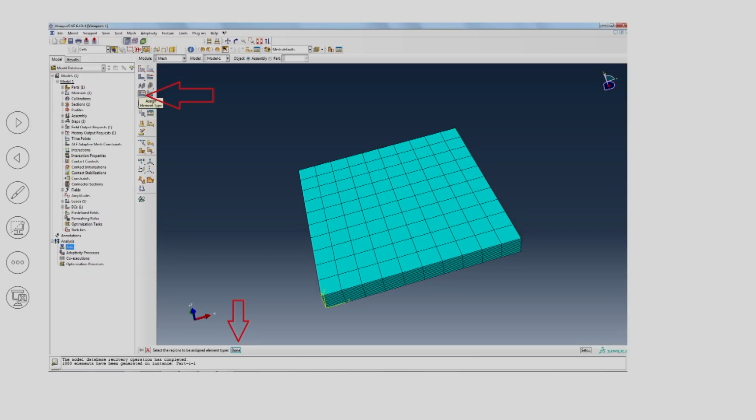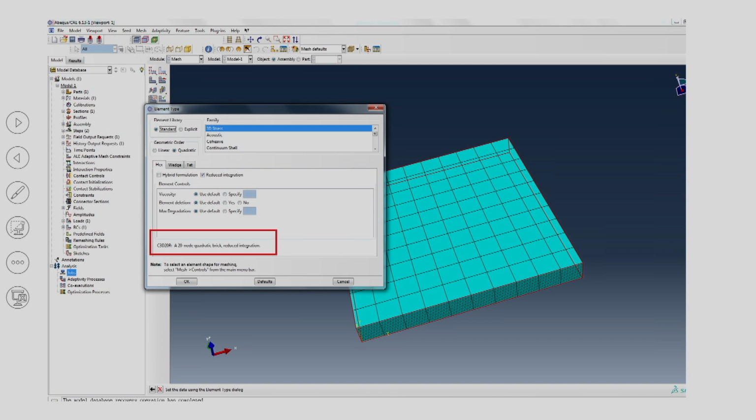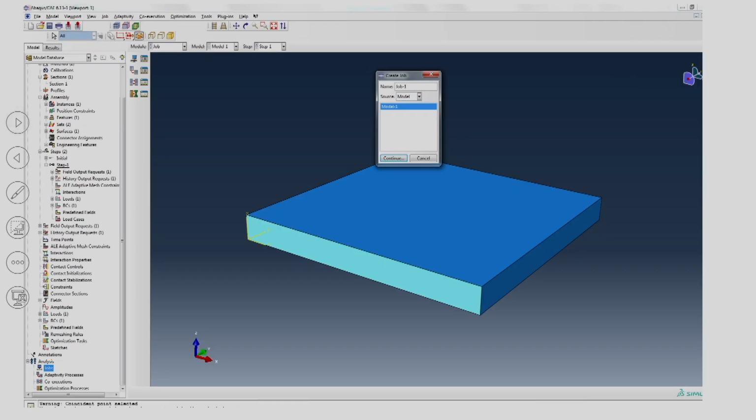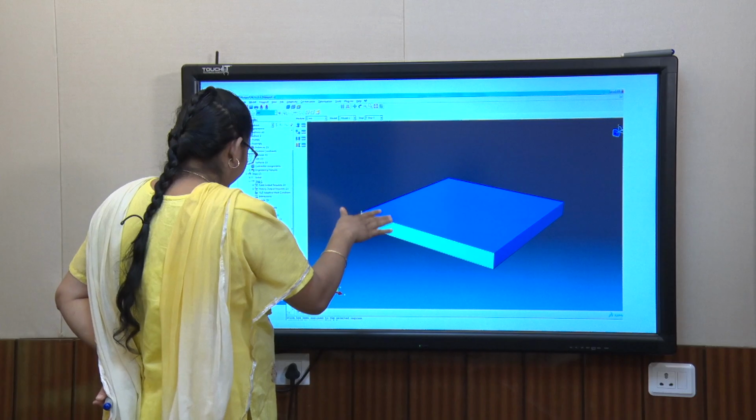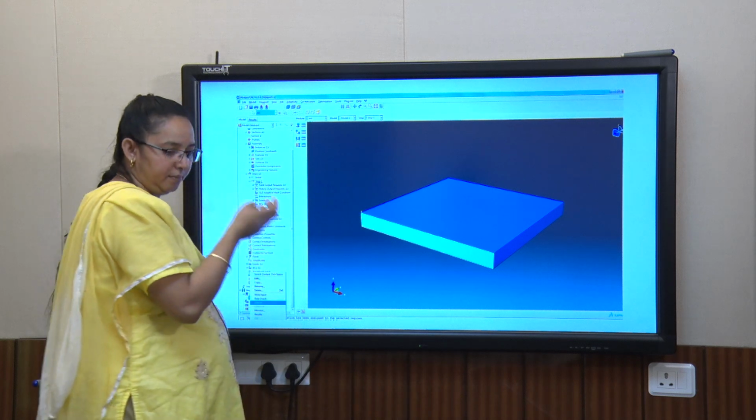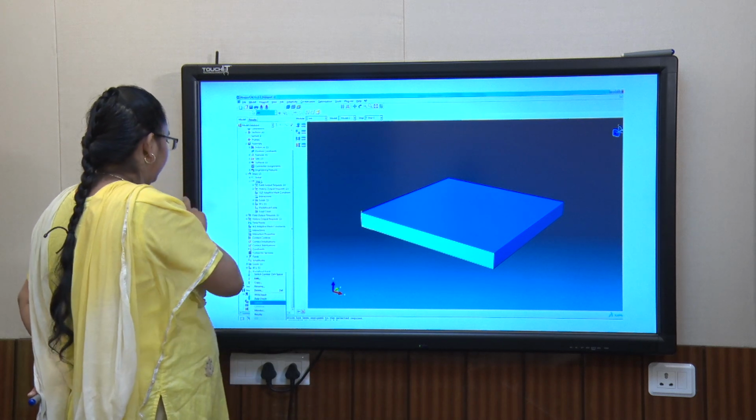Then you have to choose the element when you are going for a 3-dimensional element. So C3D20R. It depends whether you go for hexahedral, wedge, or tetrahedral; basically it depends upon your geometry. There may be some geometry with a cone type of shape, then you go for a tetrahedron or a wedge type of element. And then you have to give what type of analysis and so on. In this way one can submit the analysis and later do the post processing.